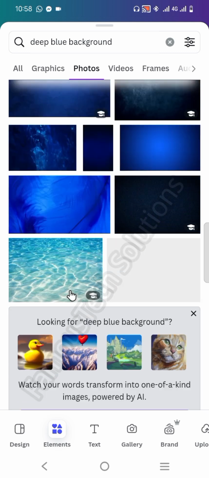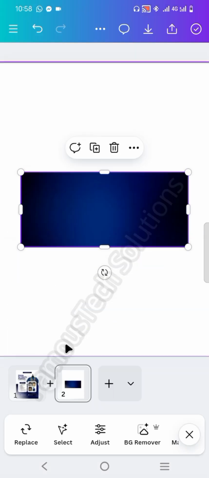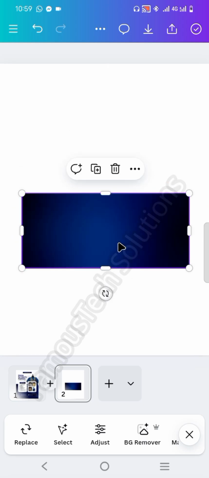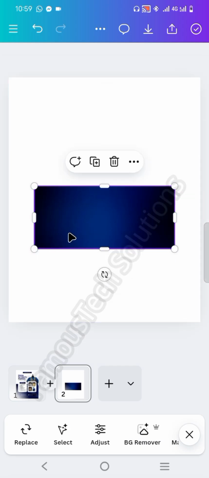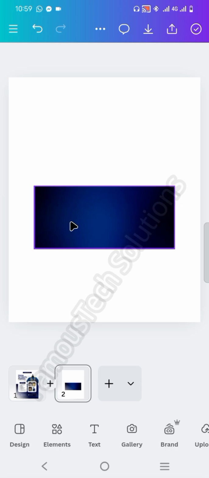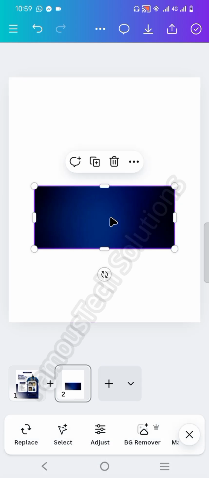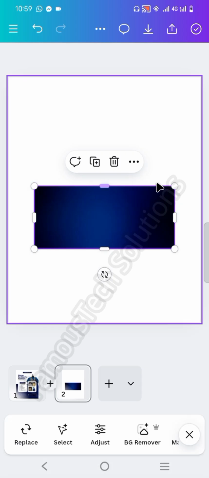Right? So I will now go ahead and be scrolling. So I can go with this one, right? This is my own blue, right? So now when you are here, that is the blue I'm selecting from the background. I've selected this. So when you select the blue background, you see you have these controlling